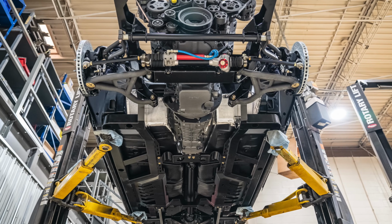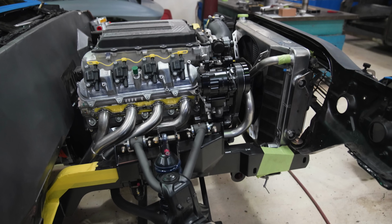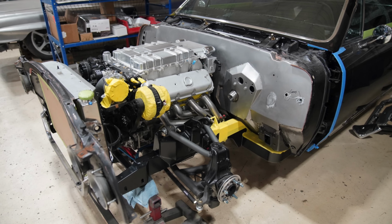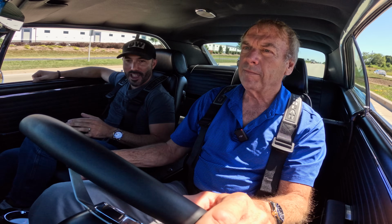Yeah, I think that's the great thing about those LT4s. It's the sweet spot of horsepower, because you said it best. It's not too much, because you can get carried away pretty quick. It's right there, where it's enough power to have fun, but controllable power. Right. And I mean, it's got...